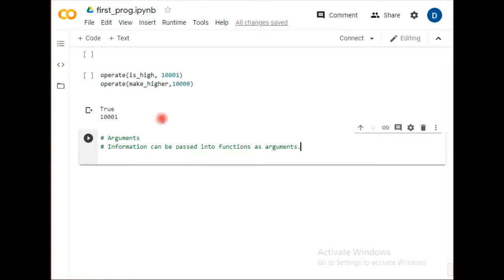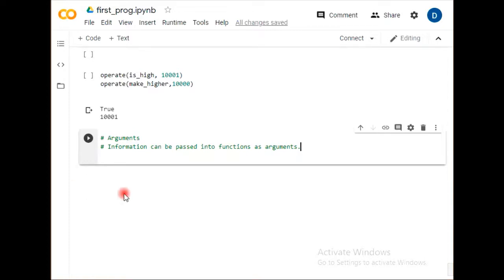Generally we have a function and then we apply these arguments. I have already taken an example in the previous tutorial, so you may also watch the previous one. Arguments can easily be incorporated within the parentheses. You can add as many arguments as you want.